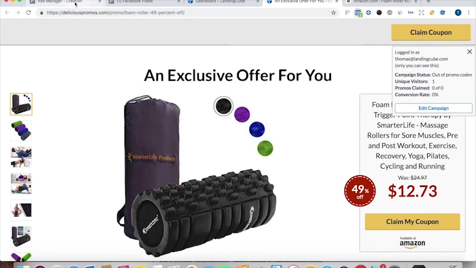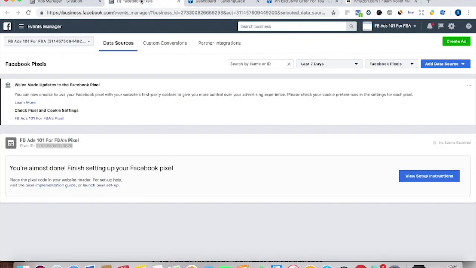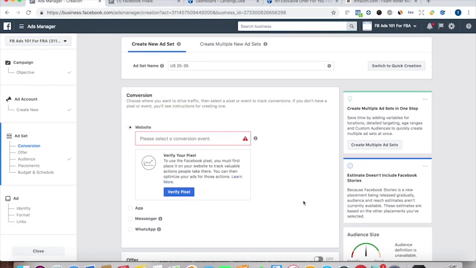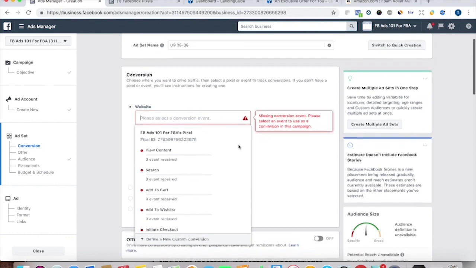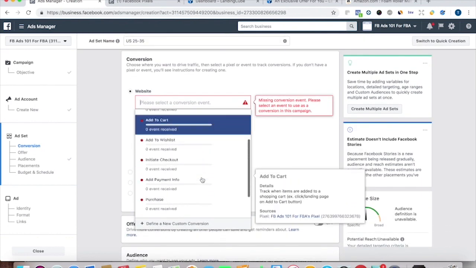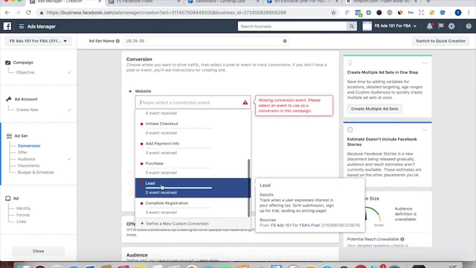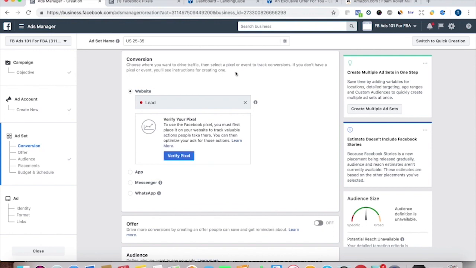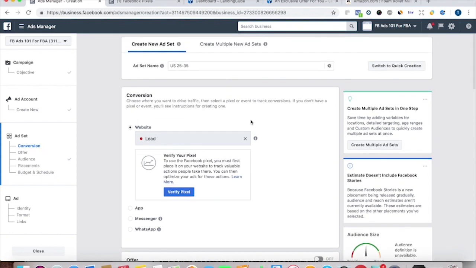So if we go back over here into our ad, we're going to choose the lead event to optimize our ad. So over time, when Facebook starts collecting data, they'll be able to show the ad to the people most likely to do this thing, whether you want to optimize for views on a certain page, or in this case,